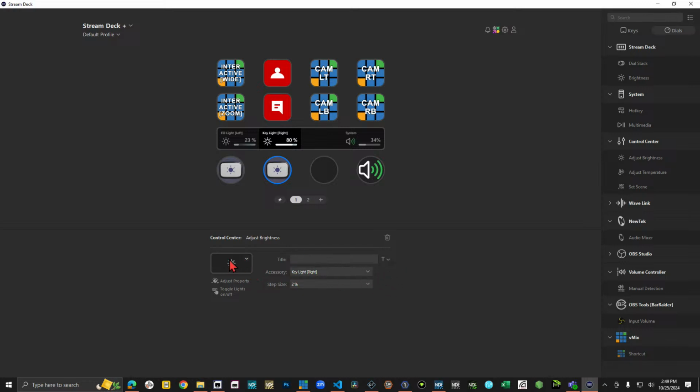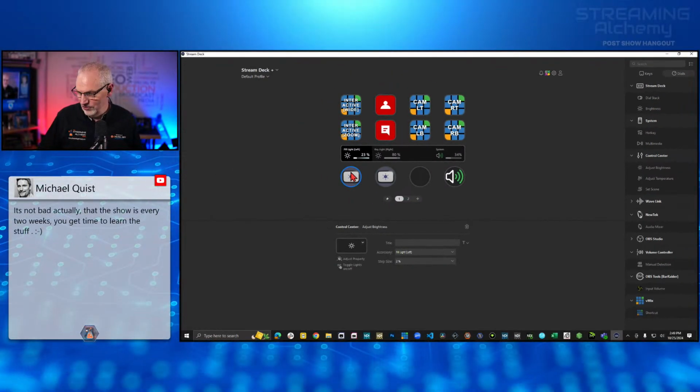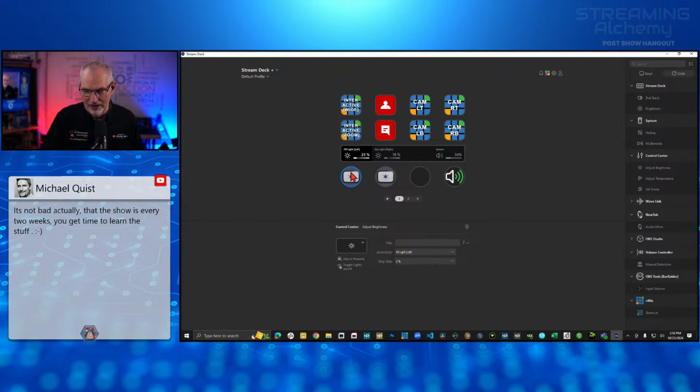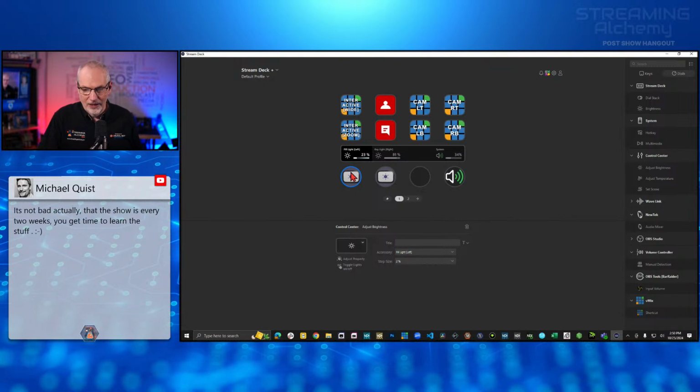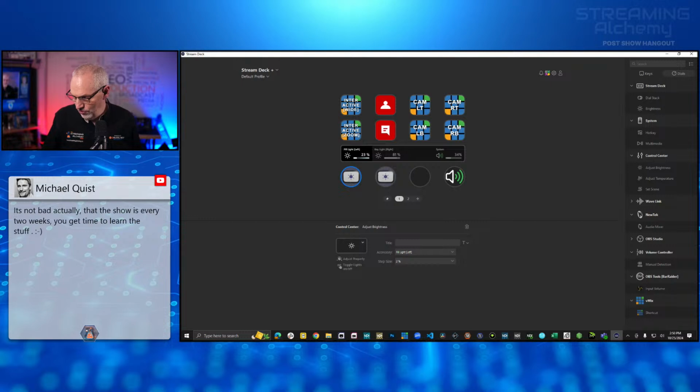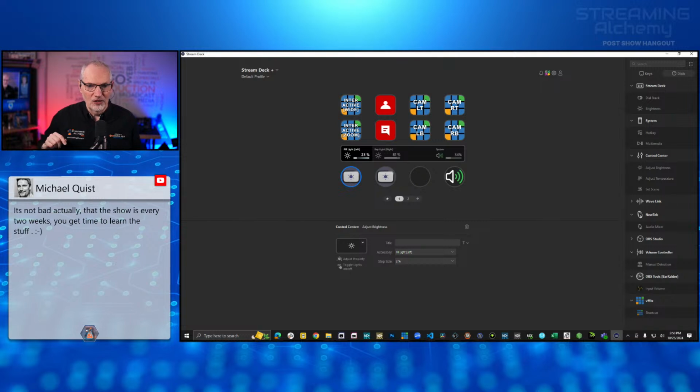What's it for? So right now we have 2 Elgato lights that we have set up here. So this lets me control the levels of the lights. So if you sit here, I'll just turn this way down. You can see just by adjusting the dial, I can make adjustments to the lighting that we have set up here. The other that we have here is for my audio from my headphones. And this is just so when I want to listen to something, especially if we had a guest come on, I can just adjust the volume here on a little dial on my Stream Deck Plus,